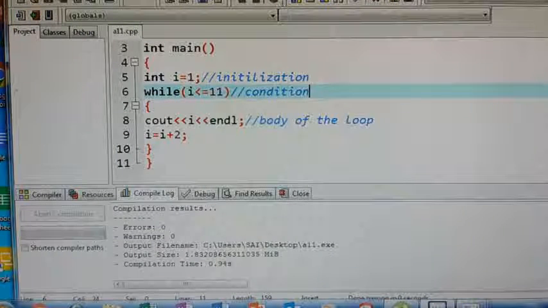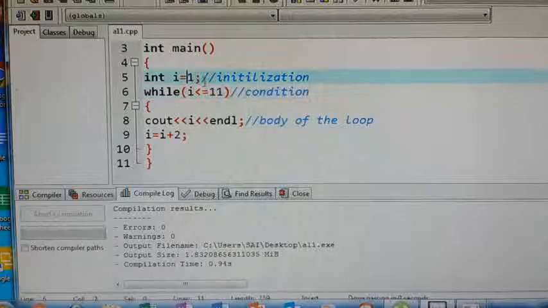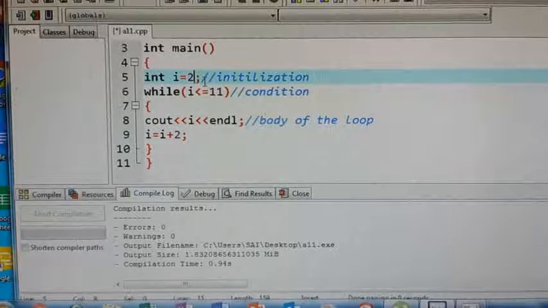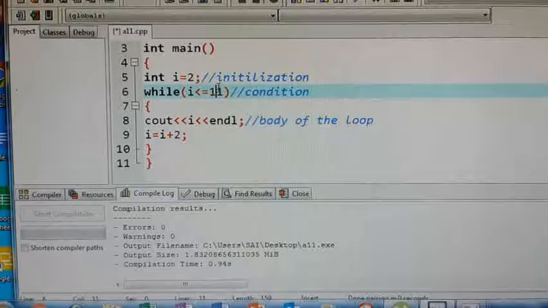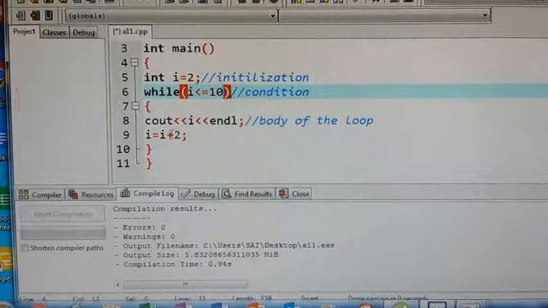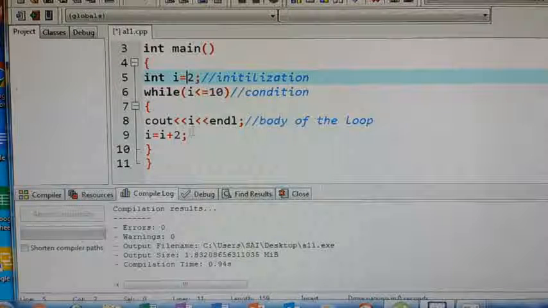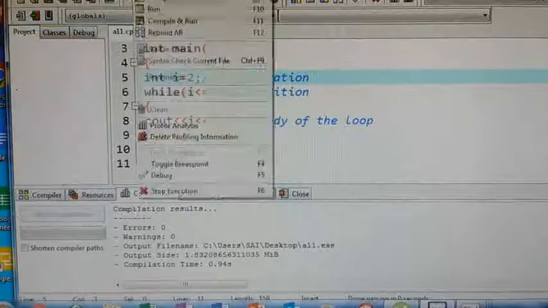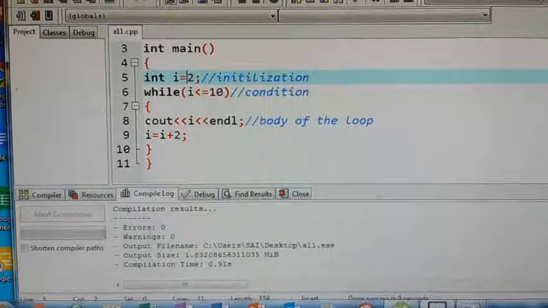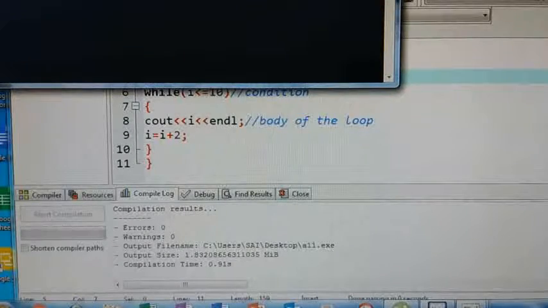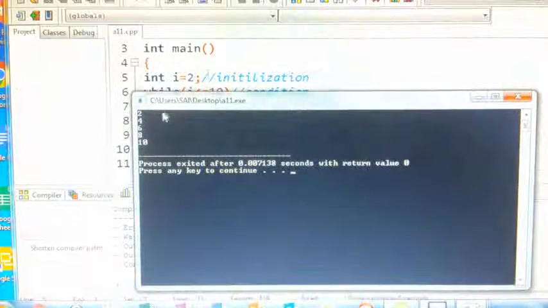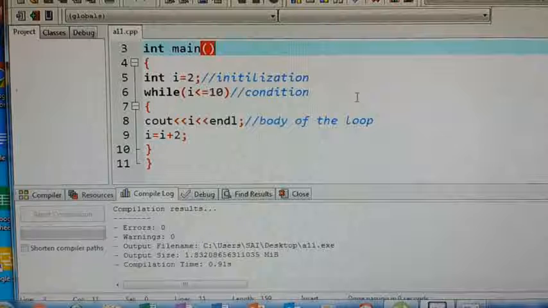Now I will print only the even numbers. You see, here I am changing the range to 10, and I equals I plus 2. Only the thing is it starts from 2. Alternative numbers it will print. What is the alternative number for 2? 4. Okay, so every time it will add 2. Now file, save it, compile, no errors, execute, run. You can see the output screen here. It is printing numbers from 2 to 10. Okay, so like this, depends on your requirement.